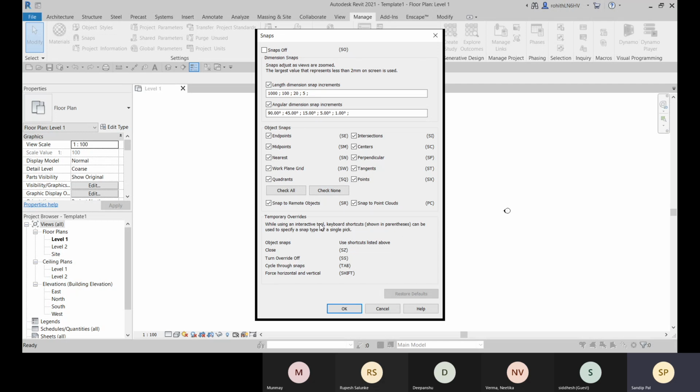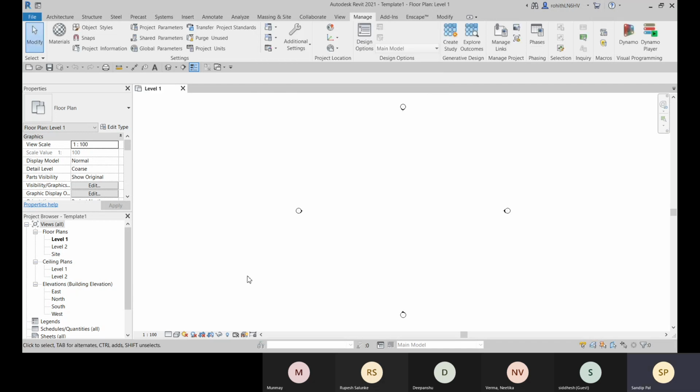So when you are creating some object, with precision you can move your mouse and you can quickly get the dimension value without typing it. So these snap increments will help you to achieve your angular dimension or length dimension with your mouse. So let's click on OK.